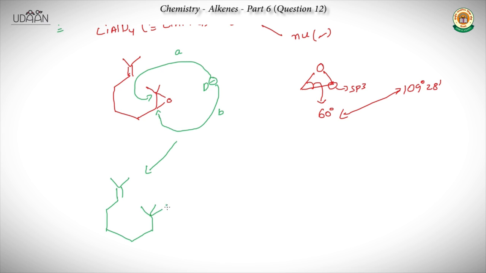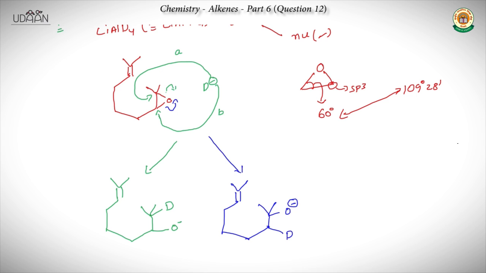It's attacked by D and you get O minus. So it cleaves in this way if it attacks on side A. Now if it attacks on side B, you have this compound, two methyl groups here, and D is attacked here, so this bond shifts in this way,